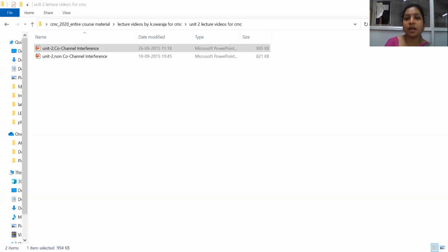So previously we have seen the mobile radio propagation rule of 40 dB per decade. The carrier C is proportional to R power minus 4, where 4 is the path loss slope of the mobile radio environment. I is the interference. It is proportional to the distance. The interference is caused depending upon the distance of the co-channel cell. So it is proportional to D power minus gamma, where gamma we have taken as 4 for mobile radio propagation. Then the carrier to interference ratio is C by I, so R power minus 4 over I. Here I is nothing but the summation of all the co-channel interference distances.